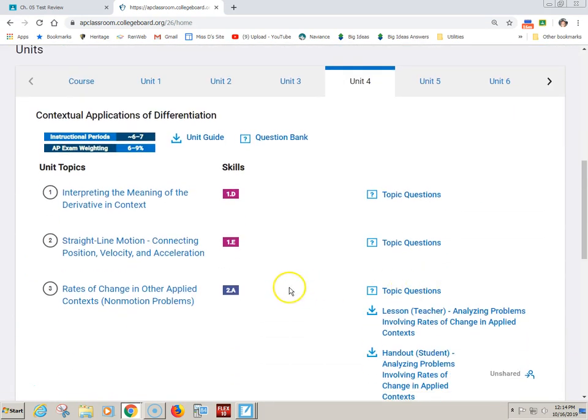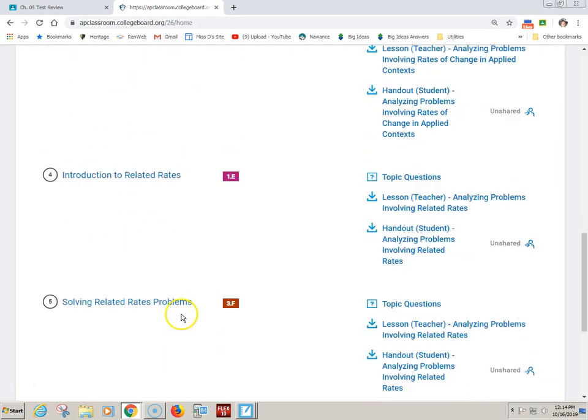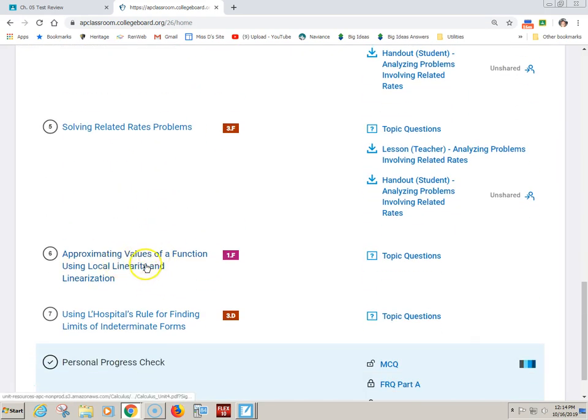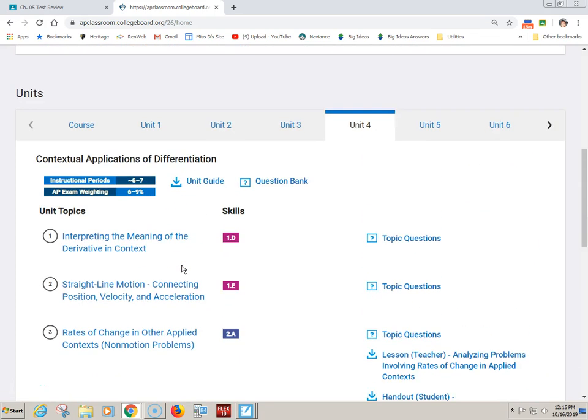Yeah, it does. So in Unit 4, there was like motion, velocity, acceleration, etc. But we'll talk about what's on our test and whether that's something we need to worry about. But they did have towards the end related rates and approximating values. So L'Hôpital's wasn't necessary for you guys to practice. You might have just guessed on those and moved on, but it sounds like a lot of you guys just